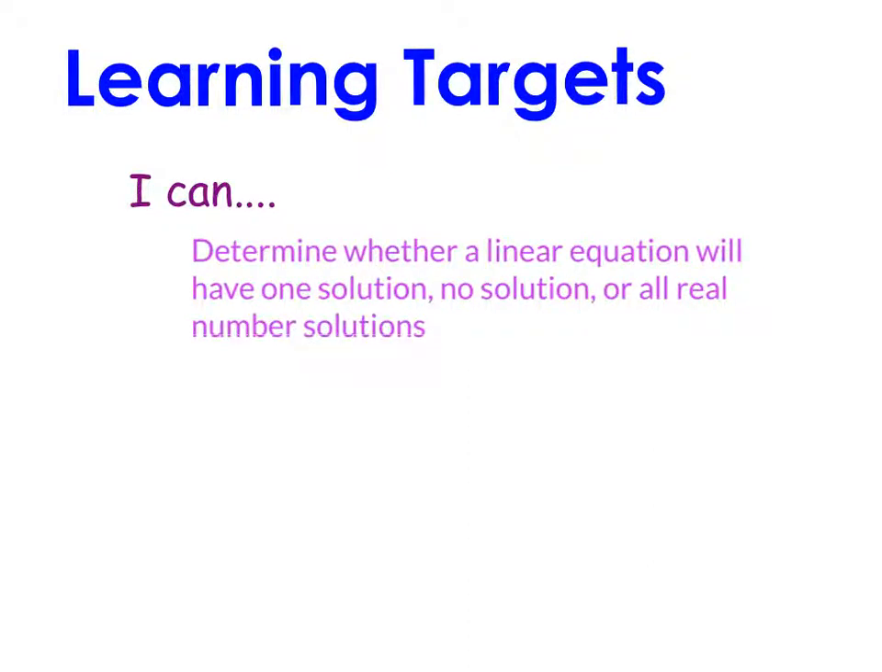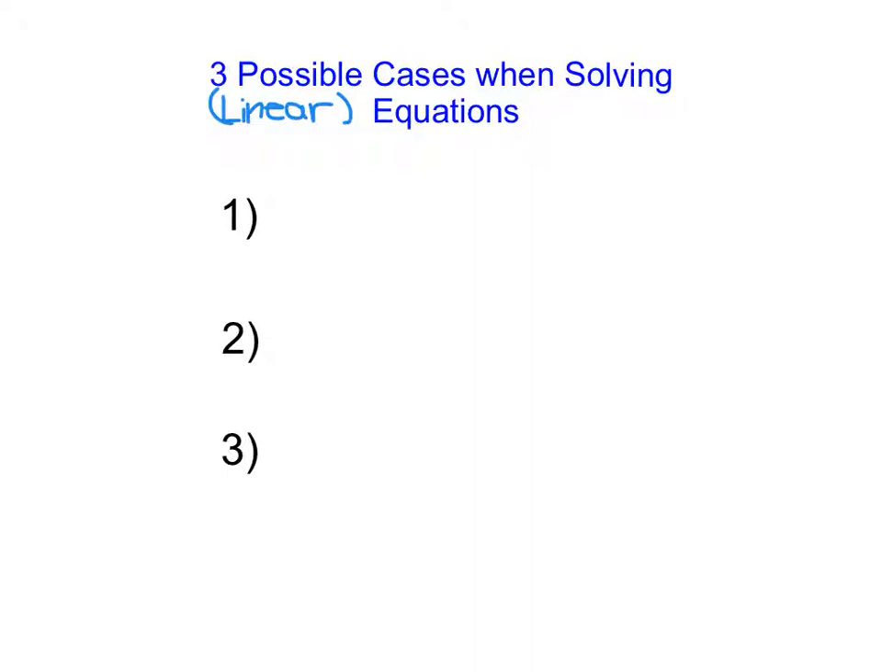This lesson will focus on determining whether a linear equation will have one solution, no solution, or all real number solutions. So there are three possible cases that can result when solving linear equations. The first, which you'll see most often when you solve an equation, is that you will find one solution for that variable value. You'll find one single solution, and as you're solving, you'll end with something like x equals 10. You will get a single solution for x that makes the equation true, and that will be your one solution